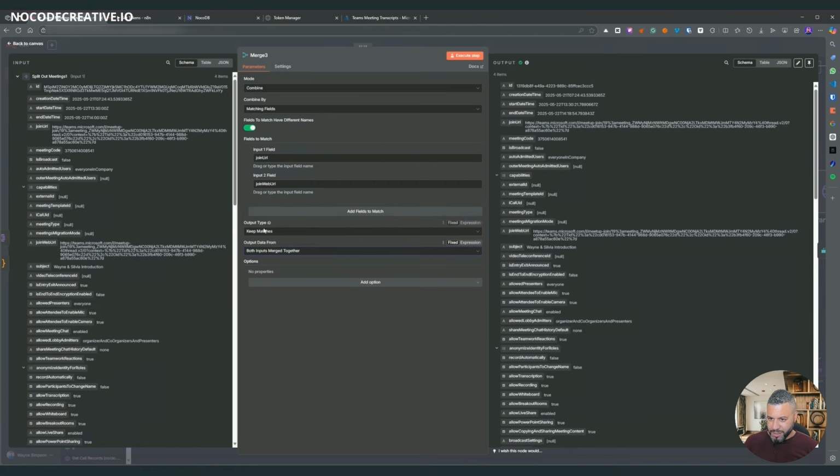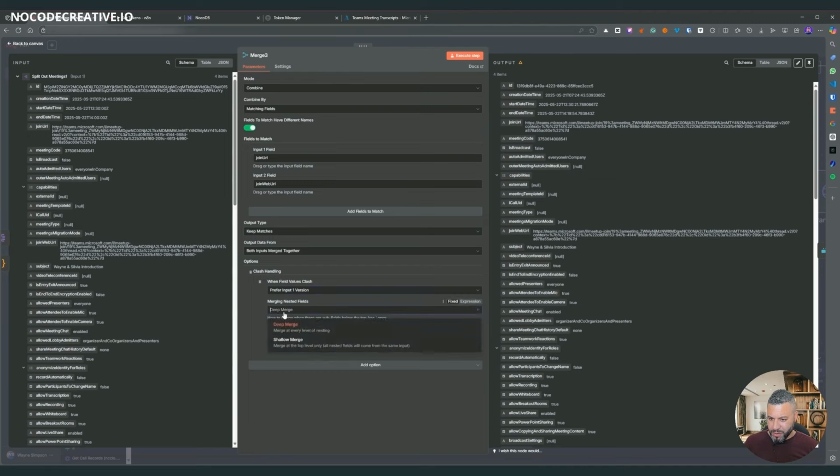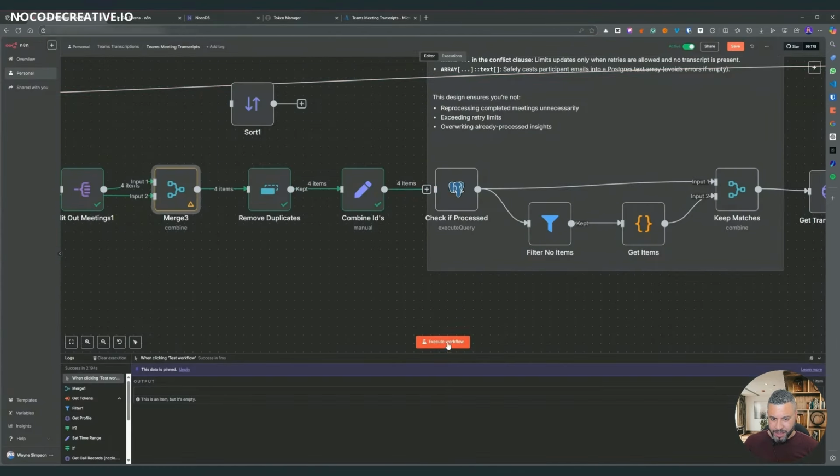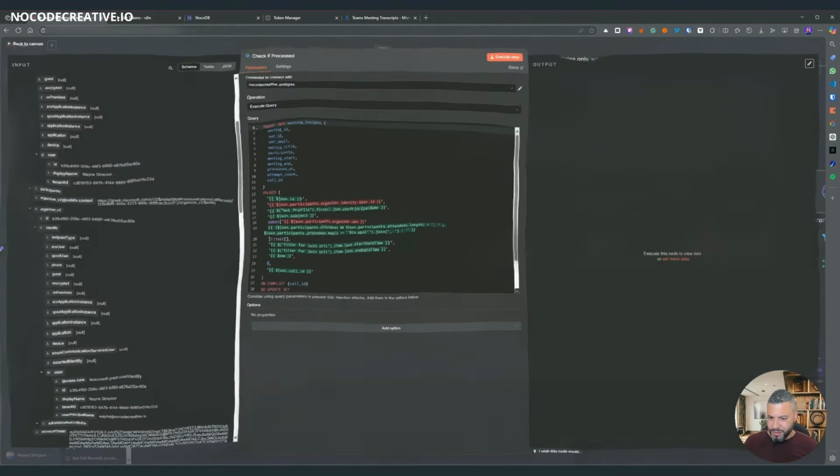Merge both inputs together. We are keeping matches. And for clash handling, I'm going to say let's prefer input 1. And just run this again. Okay,